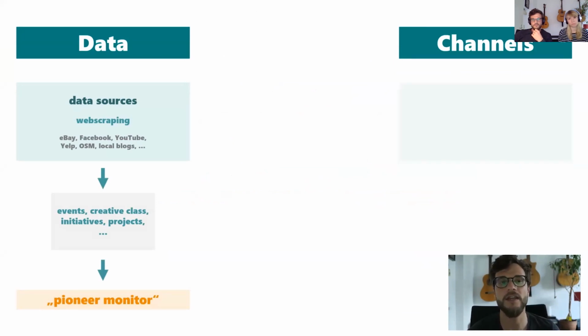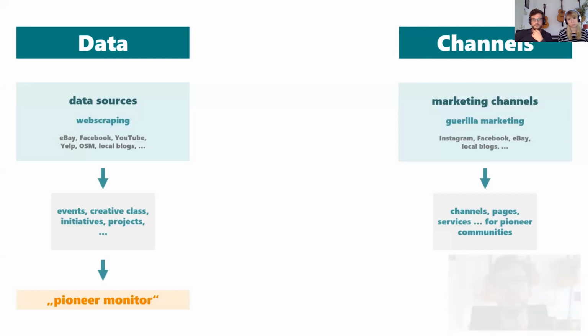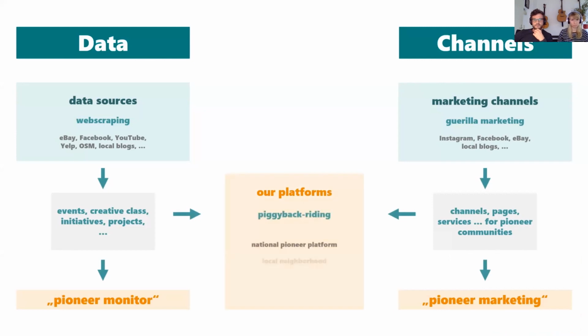In the meantime, we're creating our own pages and services on existing social media sites, like an Instagram channel for cool projects or a Facebook page for the latest community events. This way, we can build up so-called custom audiences where you can address pioneers directly. With these data and channels, we then establish our own platforms like a national pioneer platform and local neighborhood development platforms for cities. This way, we are able to successively create our own exclusive data sources and marketing channels for